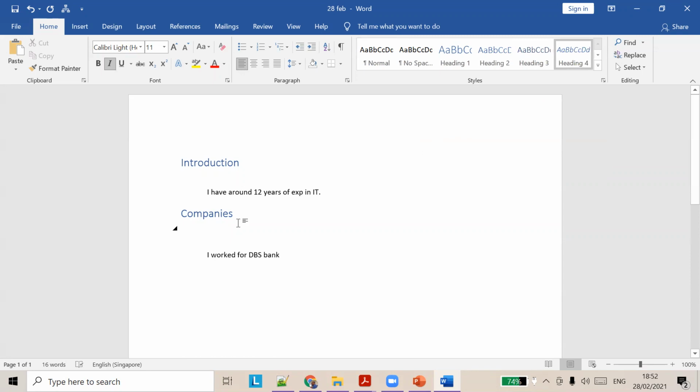Let's say GPS. So this is another type of heading. This is heading 4. It's kind of a subheading for the main heading. So you could have different levels of headings from heading 1 to heading 9. This is the main purpose of headings, and this is how you create headings.